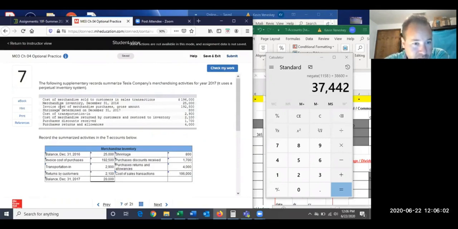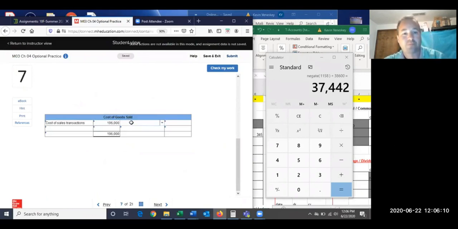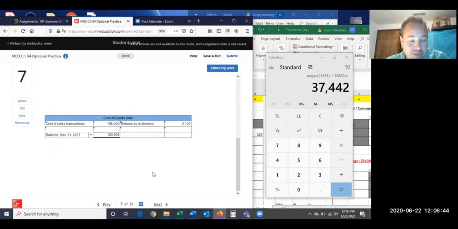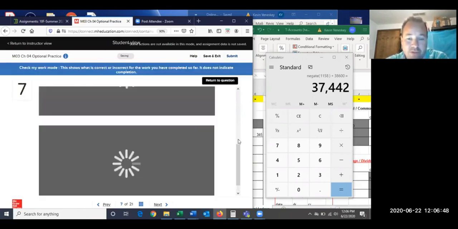Inventory shrinkage, no. Oh, we got to put this one in. The cost of the merchandise returned was 2,100. Let's see here. Purchase returns by customers, 2,100. This is our actual cost of goods sold. The ending balance for cost of goods sold